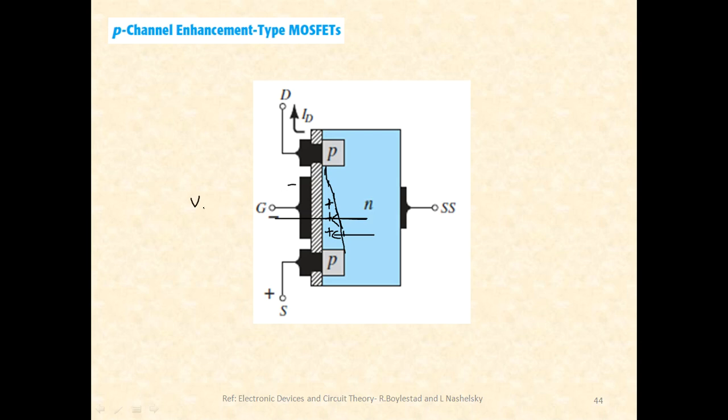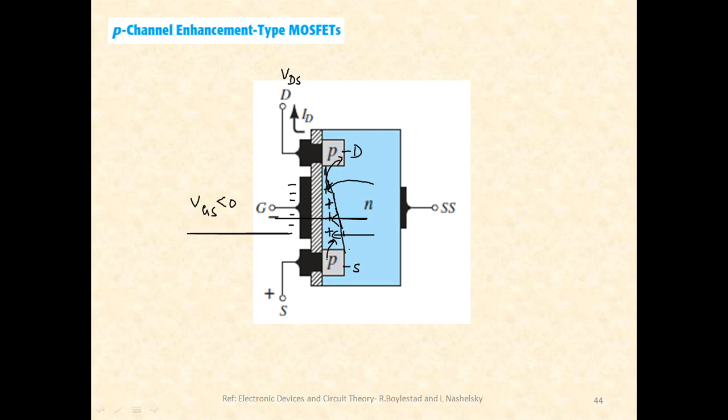Negative polarity, exactly. Because if VGS is negative, only then negative charges will appear on the metal plate, so that equal and opposite positive charges will appear due to the capacitive action. These charges are actually the minority carriers, and they will be coming from the N type substrate. So when you apply VDS, naturally the holes will move from the source into the channel, and then from the channel into the drain.